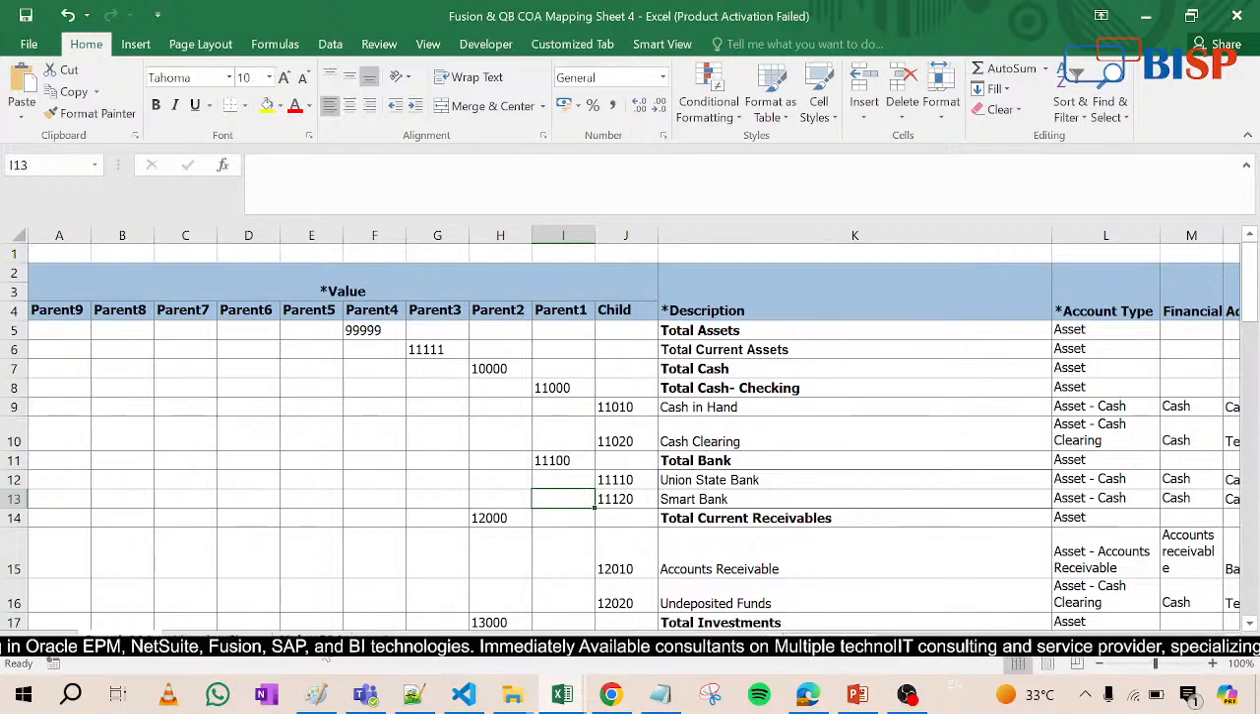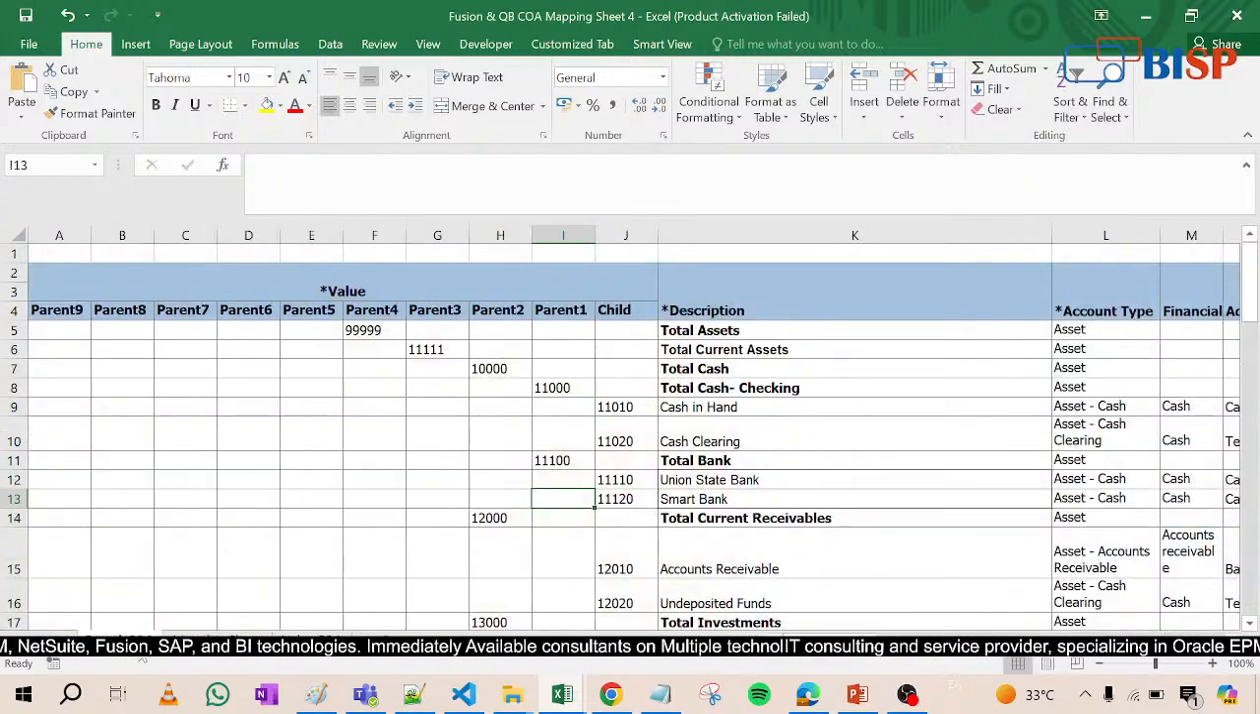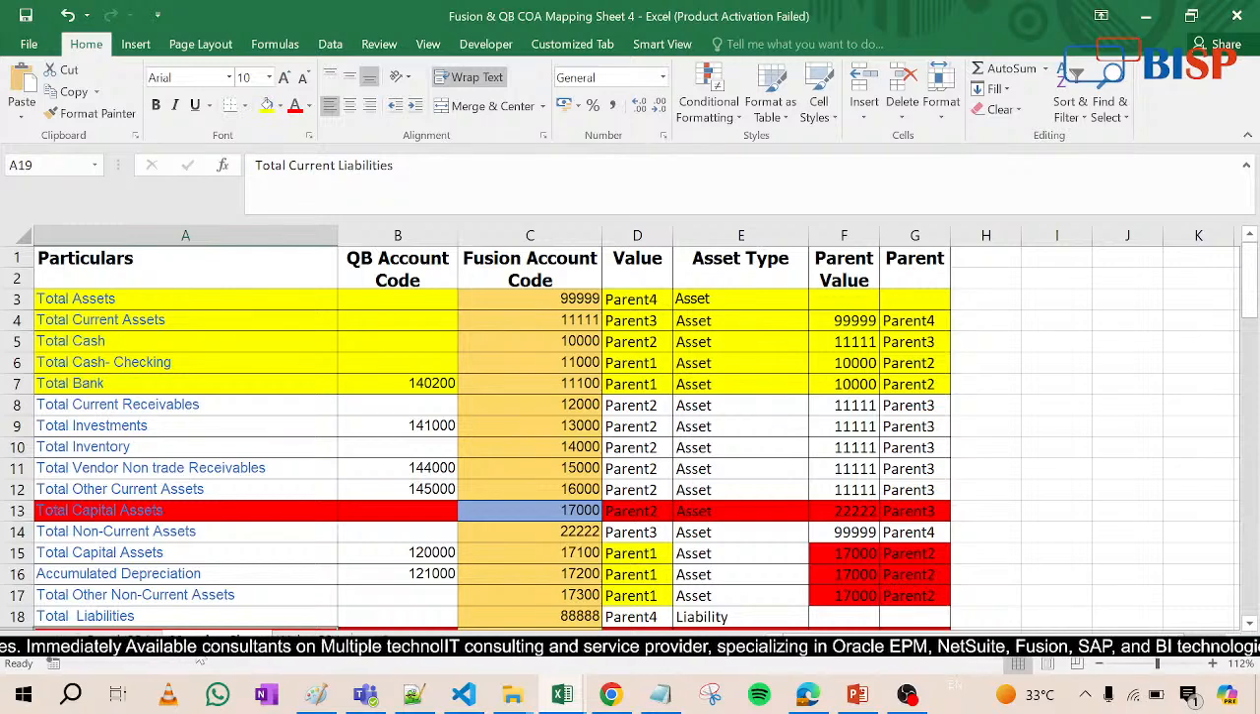Suppose you give the developer this sheet from QB and this sheet that we need, and tell them to do it. The developer will be confused about what format you need. So for this we have made a mapping sheet. Mapping sheet means